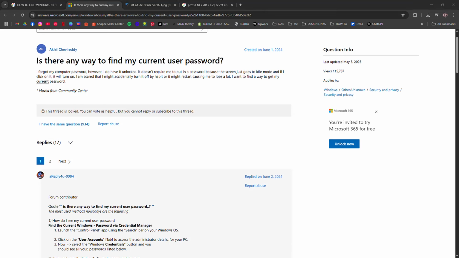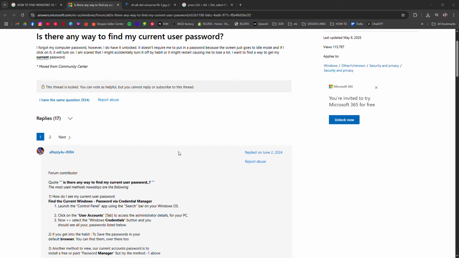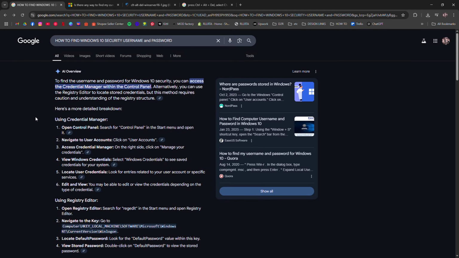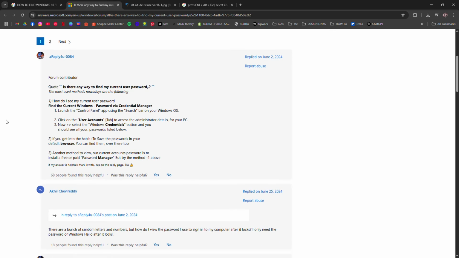How to find Windows 10 security username and password. I'm going to tell you how to find the security username and password on Windows 10. If you're being asked for a security username and password, like during network access, remote desktop, or admin changes, it